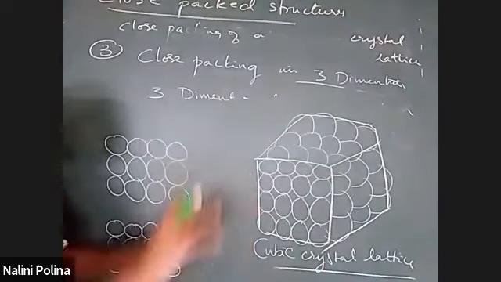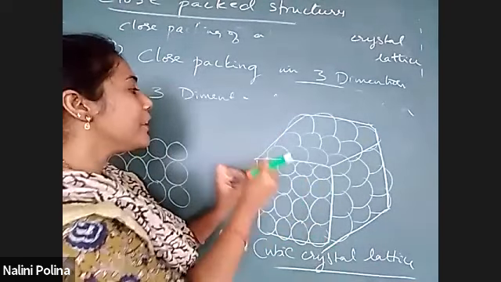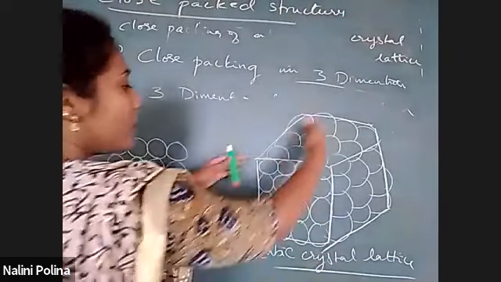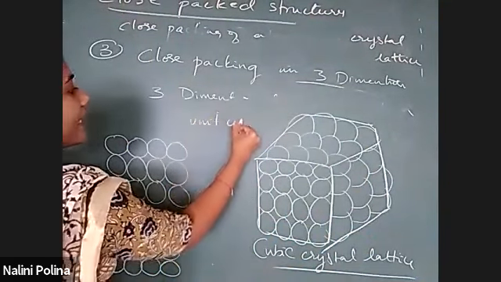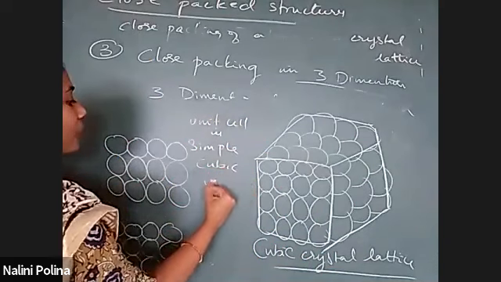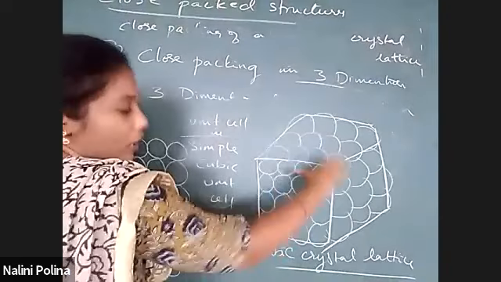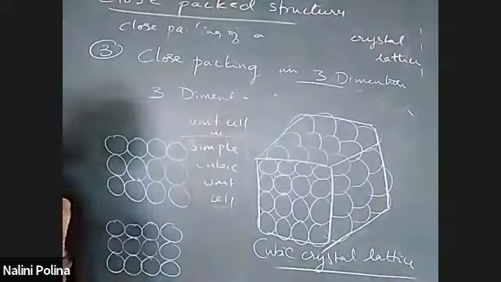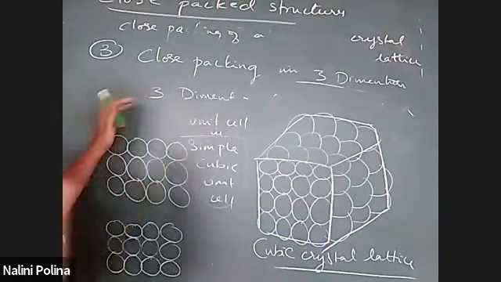Okay, so here the unit cell, this is the entire crystal lattice, right? So here the unit cell that you will find is the simple cubic unit cell. In the crystal lattice the unit cell is the simple cubic unit cell. So many simple cubic unit cells join and you will get this complete structure. Okay, 3-dimensional view. Clear everyone? So square close packing is very easy.